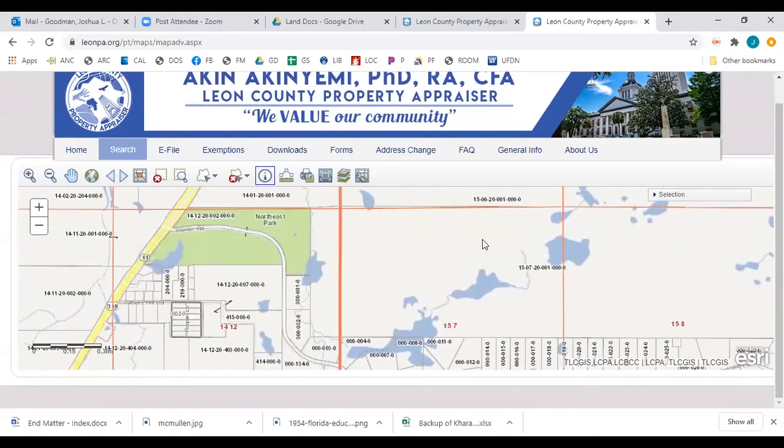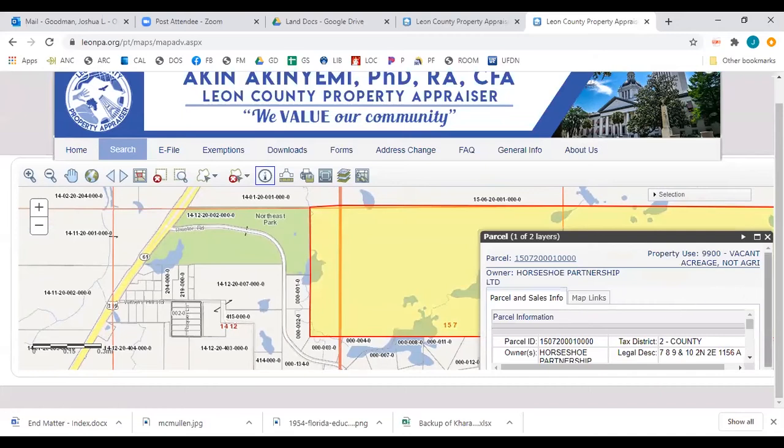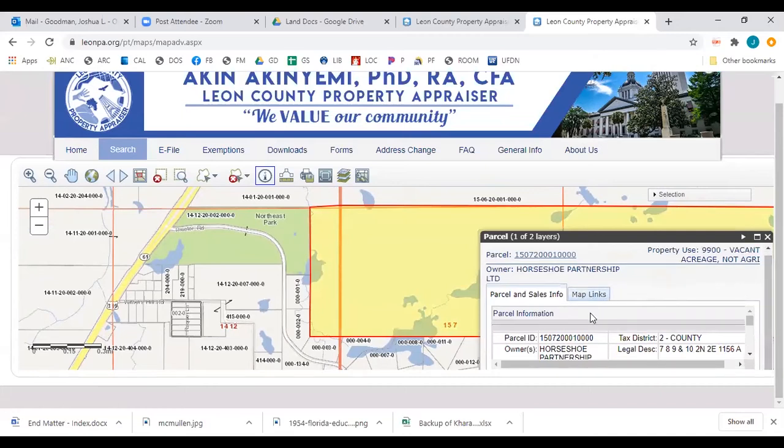But anyway, it looks like all of this land up here in this part of section 7 all belongs to the same owner. See, here's the parcel number for it right here. If I click on that, just like any other parcel of land, it should pop me up a little information about who owns it here. All right, here we go. There's the parcel ID number, and oh, it goes across several sections.